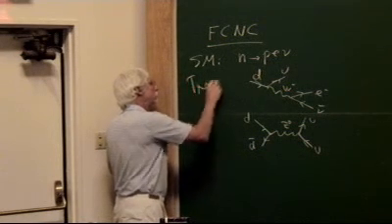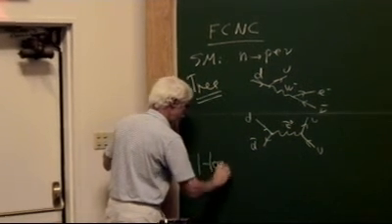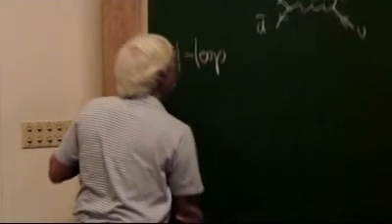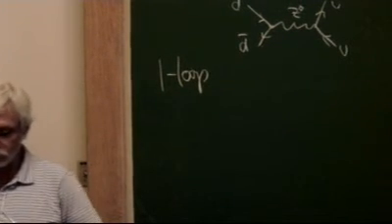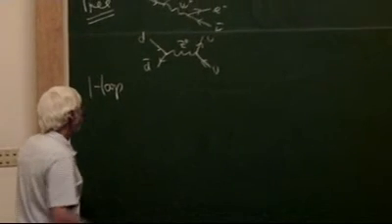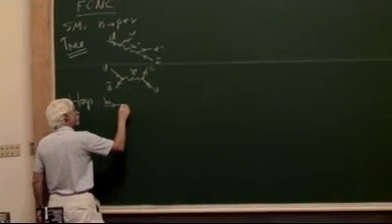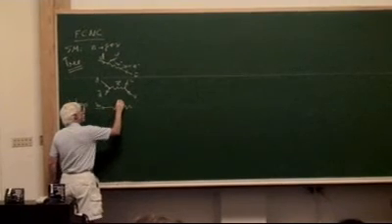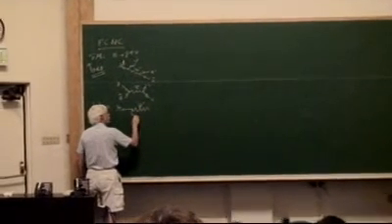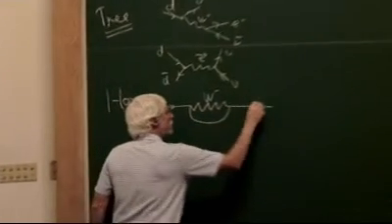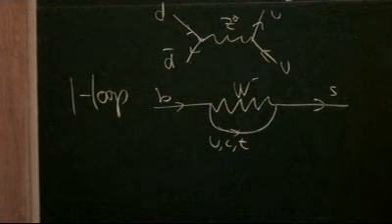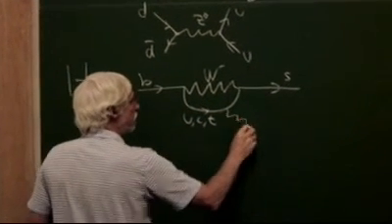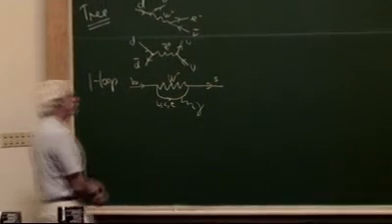So this is tree level at one loop. At one loop, I can do something like this. There's lots of examples, and we'll go over a couple today. But I can do something like this, which is a very, very famous transition. I have a B quark. Here's the W minus again. And here I have an S quark. And in the loop, I have any one of the charged 2/3 quarks. And I can emit a photon anywhere I want from any one of these charged lines. So this is a B to S gamma